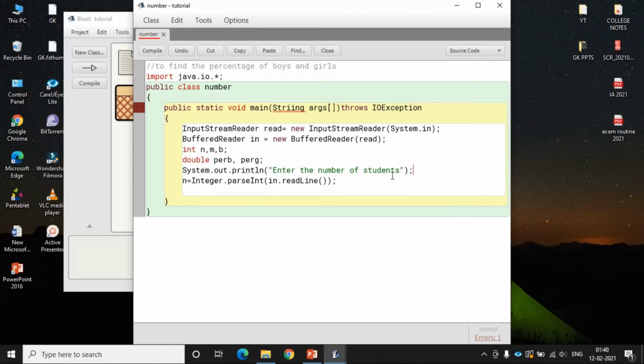Again we have to take the number of girls from the user. So we will write System.out.println("Enter the number of girls").